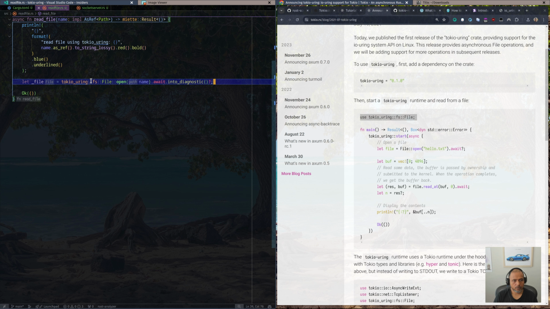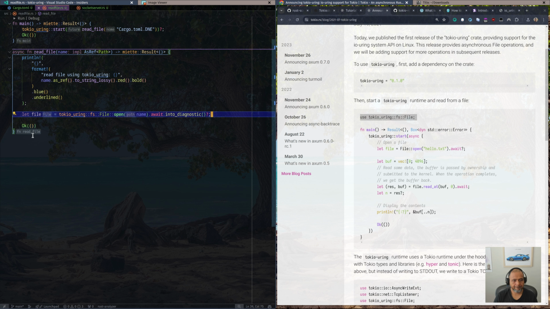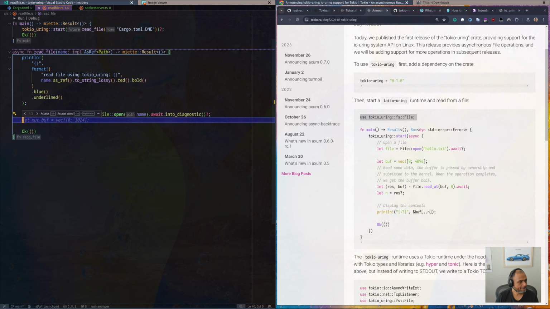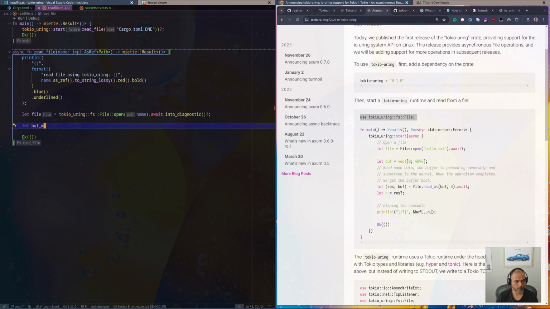Okay, so now we have a, let's add this to my spell checker. So we have this file handle, which is a tokio-uring file handle, not a standard library one or a Tokio library one. Then now is where the paths diverge. So we still need a buffer, but we're going to say buff move, and it's not